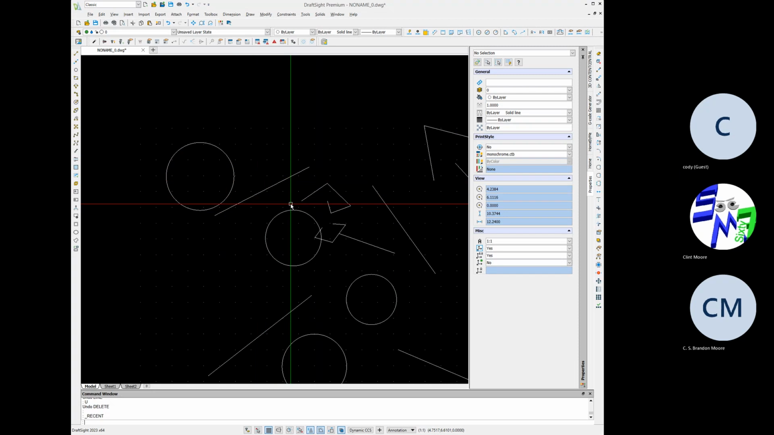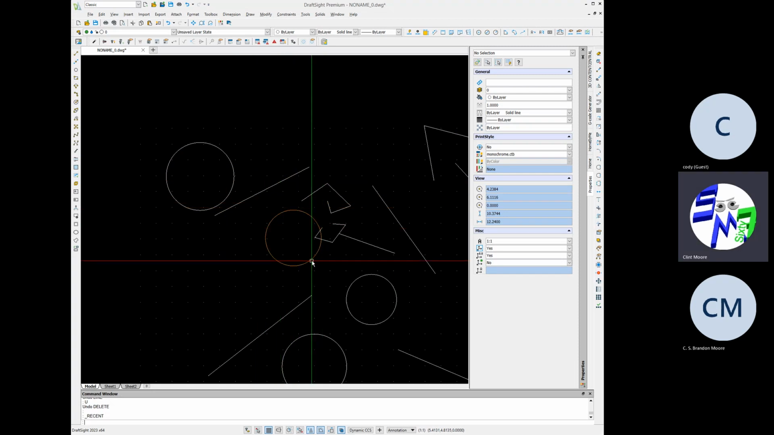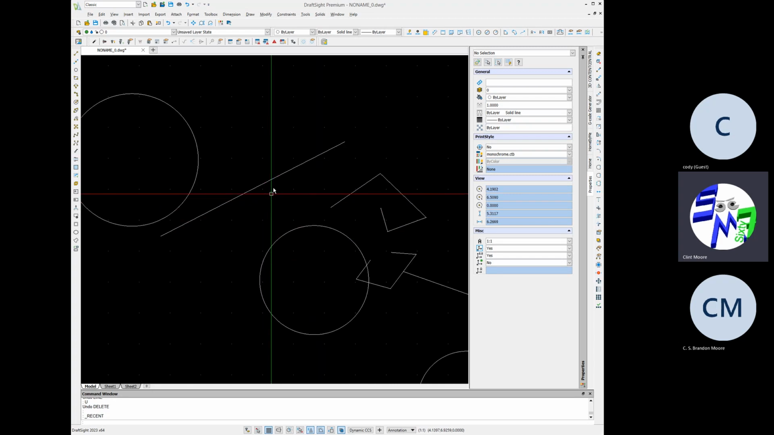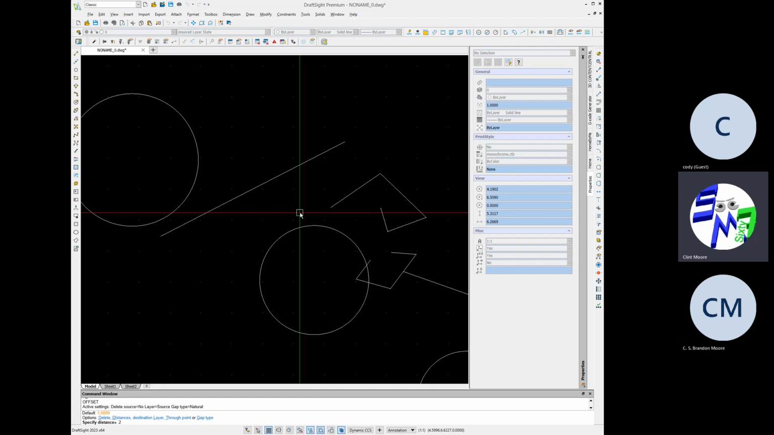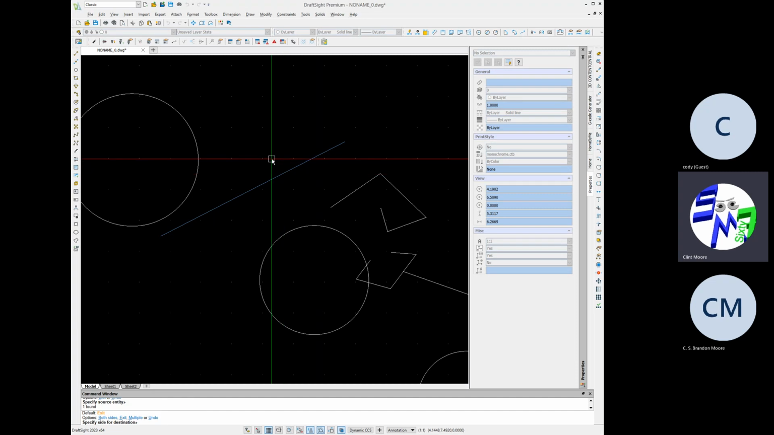Okay. So now we're going to talk about another command called offset. Offset is kind of a cool command because it takes an object and it offsets it in a particular direction. And if it has to make it bigger or smaller to do that offset, it will do so. So let's take this line here. Say I want to offset that 0.25. So it's going to do a parallel offset. If I pick this direction here,